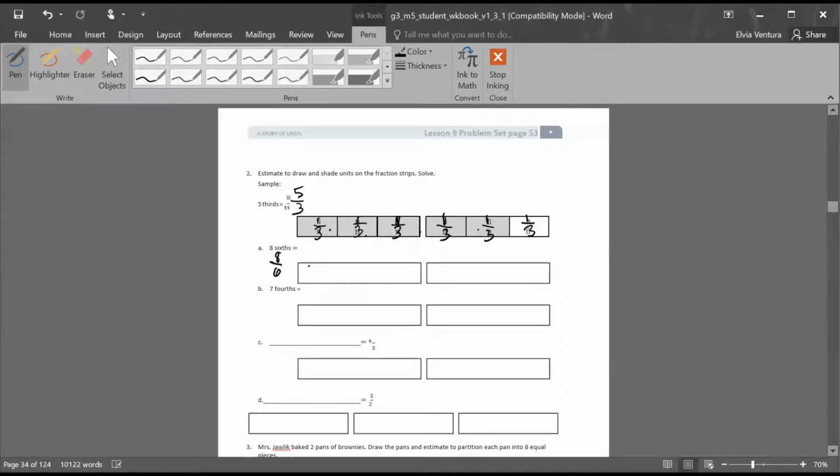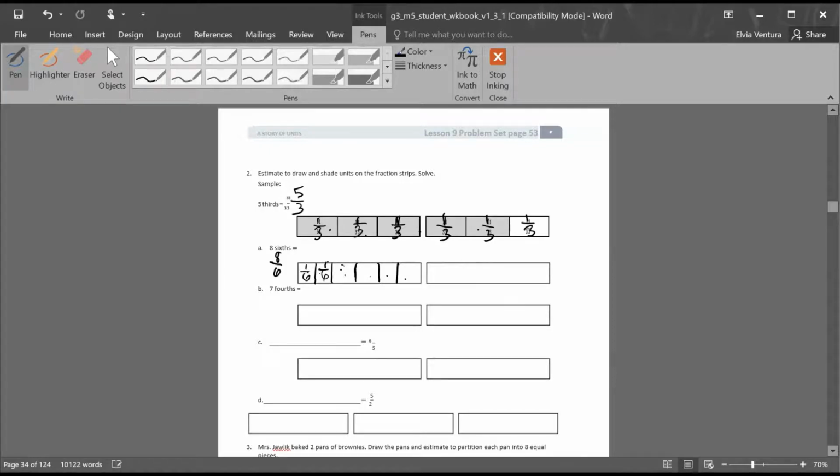And we're gonna separate this first into 6 parts. So we're going to cut it in half, and then cut each side in half again. So now we have 1, 2, 3, 4, 5, 6 parts. And we're going to write 1/6,